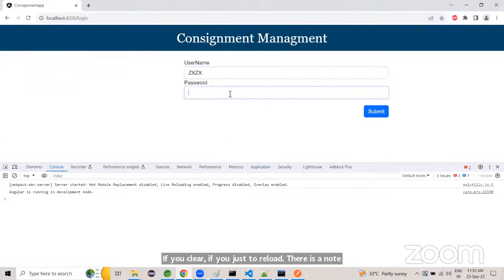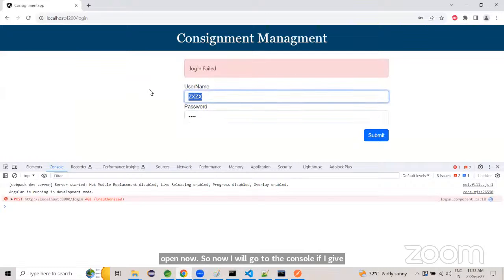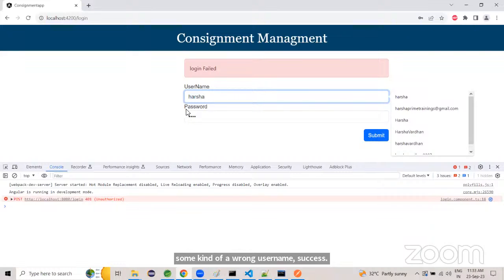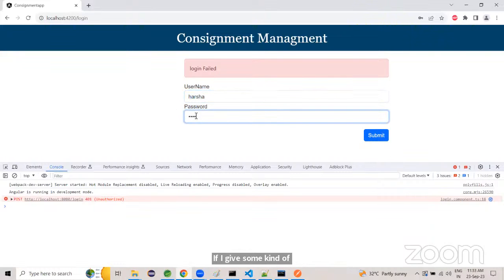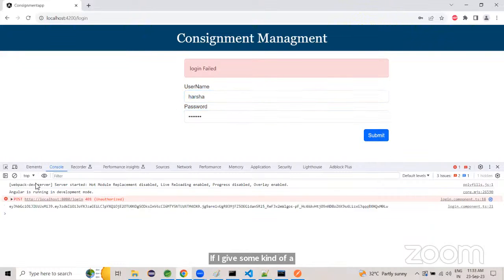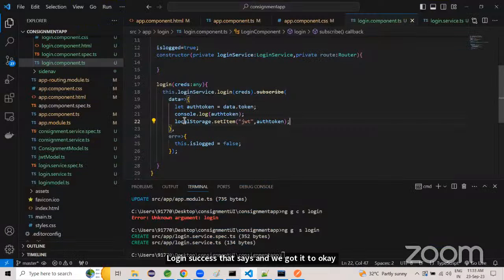If I give some kind of a wrong username, success. If I give, let us say, Harsha and 1, 2, 3, 4, 5, 6, 7, login success, that's as in we got a token. So after login success, we are not doing anything here. So instead of just storing this, what I can do is